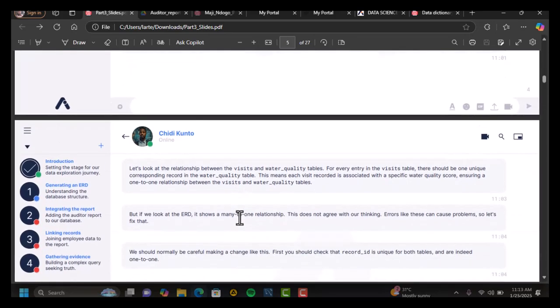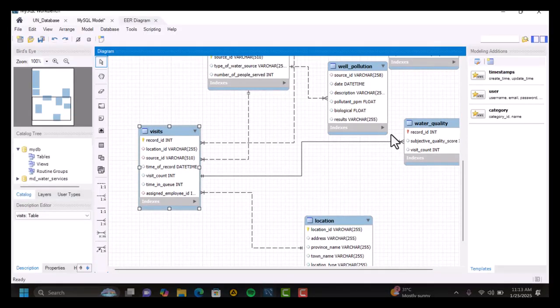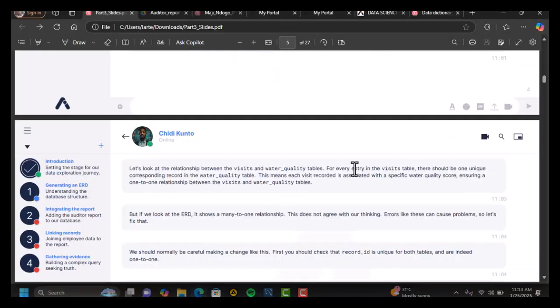Let's look at the relationship between the visit and water quality tables. So the visit and water quality tables. So this is it, and then this. The relationship is this. The visit and water quality table: for every entry in the visit table, there should be one unique corresponding record in the water quality table. This means each visit recorded is associated with a specific water quality score, ensuring a one-to-one relationship between the visits